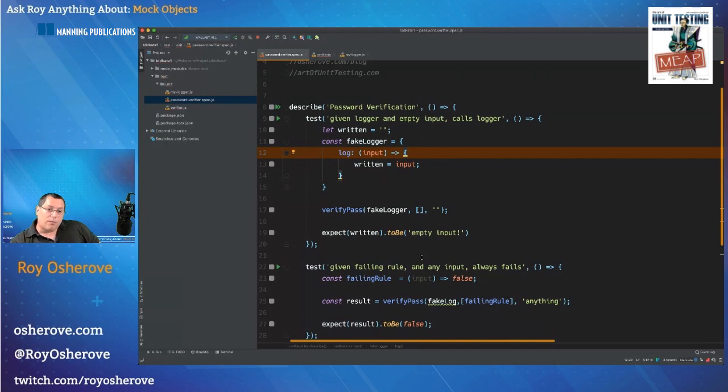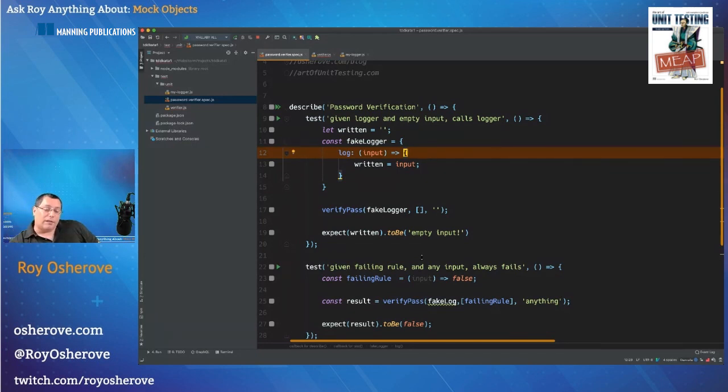So a strict mock object is a mock object that basically barfs or throws an error as soon as you call it with something that it didn't expect. So as soon as you call it with garbage and you didn't make it expect garbage, it's going to throw an error and fail the test.